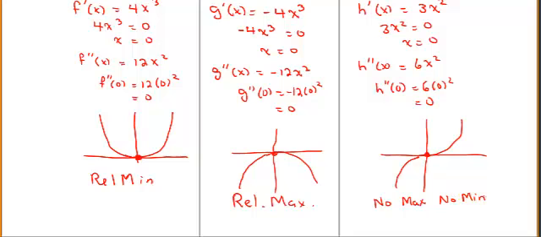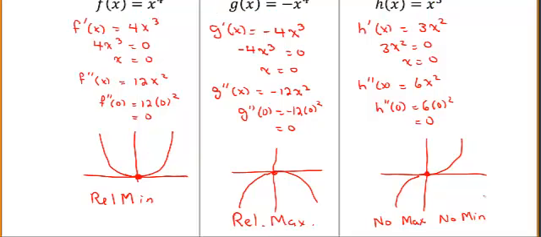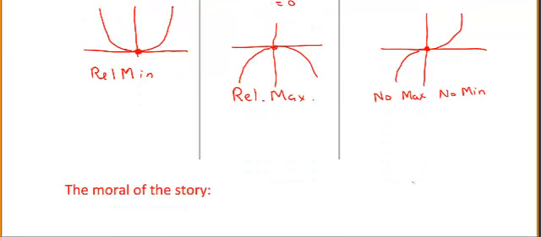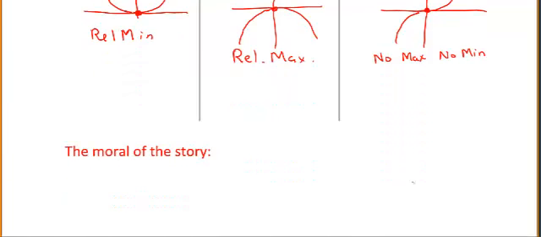All right, so what happened here? In one case where the second derivative turned out to be 0 when we were testing, we had a relative min. In another case, when the second derivative turned out to be 0, we got a relative max. In another case, we didn't get either one of them. And so the moral of the story is that if